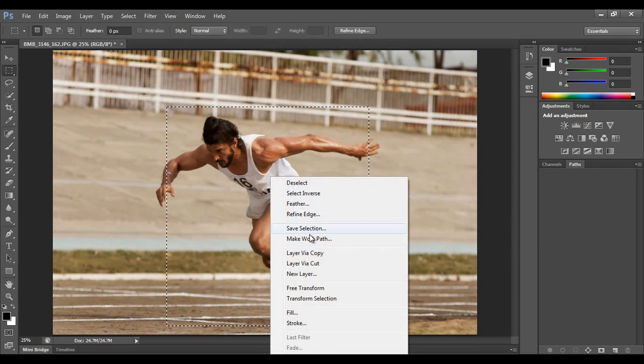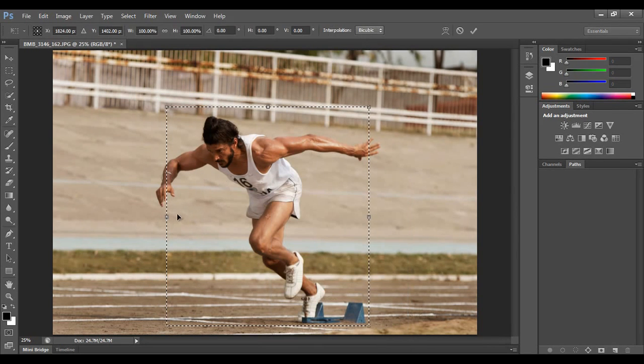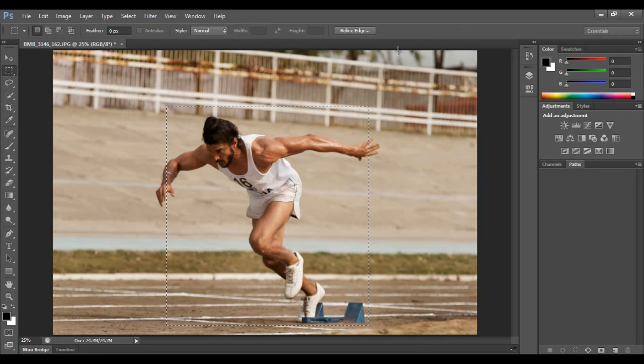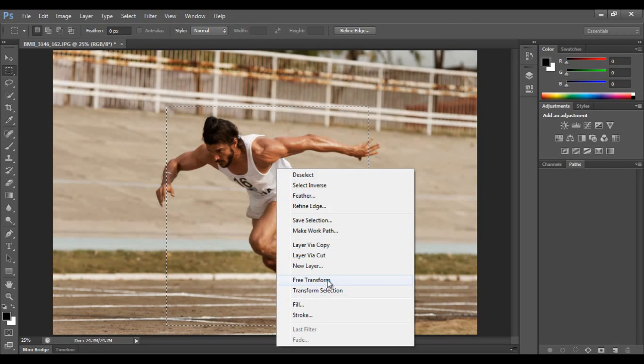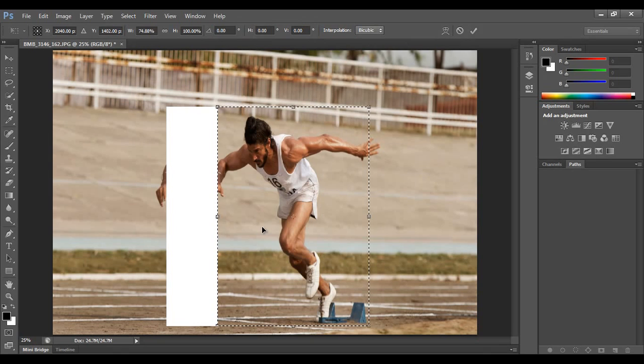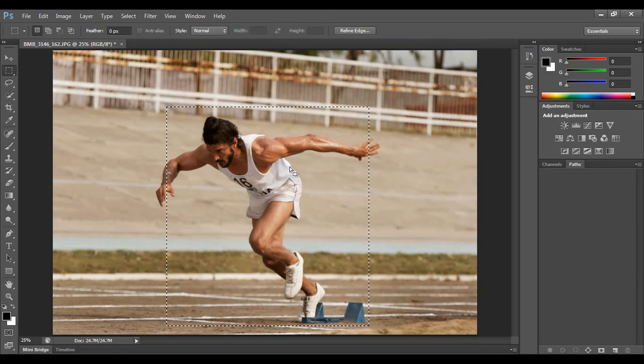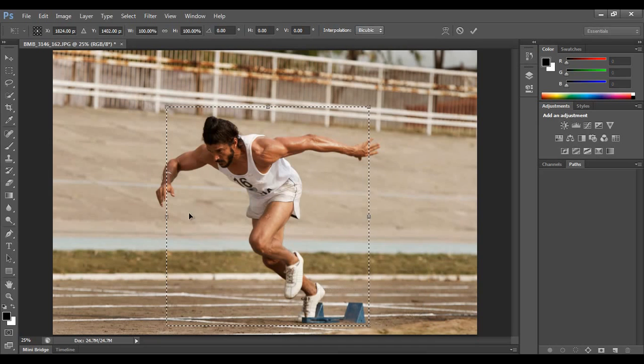Don't ever do it like this, like Transform. You cannot do it like this. It is Free Transform, it will cut the image. You can do it with right click, Transform Selection, and make